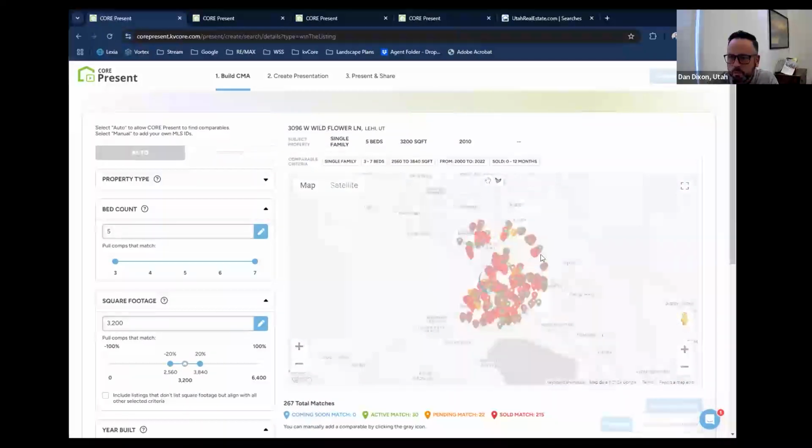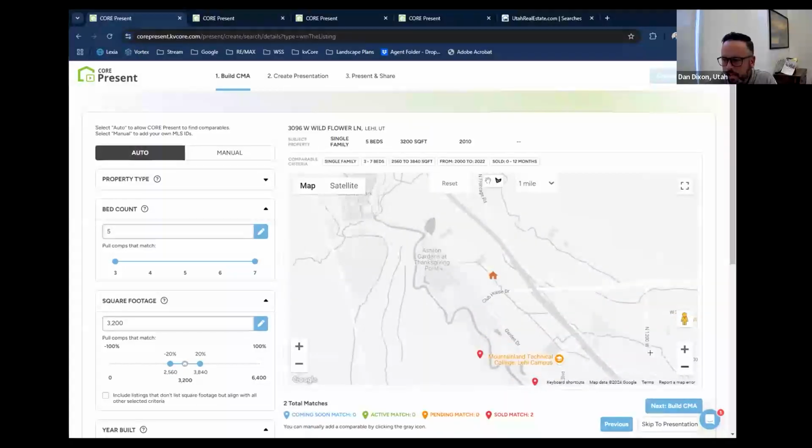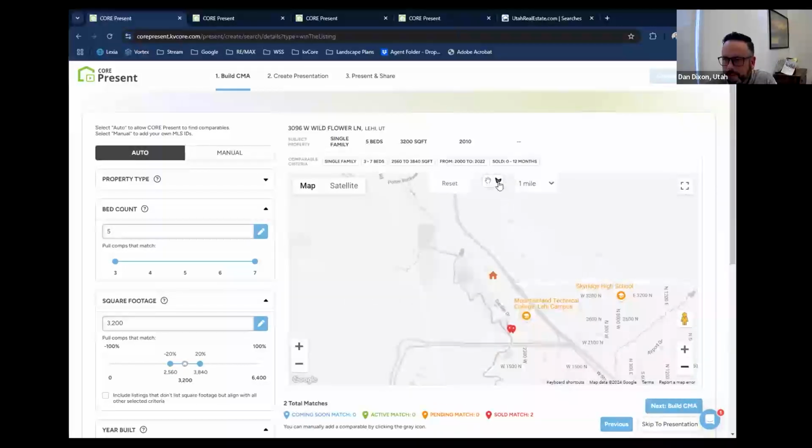Let me get back to a mile here and say, I want west of the freeway, north of 2100 north. This is that new interchange here. I want to stay inside the river, right? So I'm going to zigzag here and then make that my polygon and capture all those.